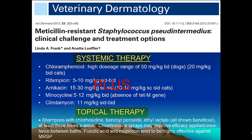And for systemic antimicrobials, you can see that they stay away from the beta-lactams, and they actually include the most common ones that we looked at on the second tier drugs that we mentioned earlier. They basically suggest chloramphenicol at the highest dose range of 50 milligrams per kilogram 3 times a day in dogs. They also suggest rifampicin, amikacin, minocycline,